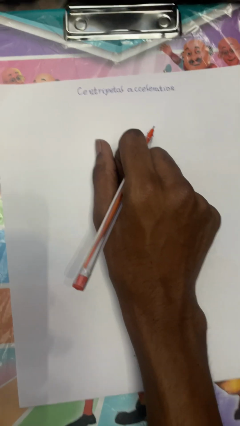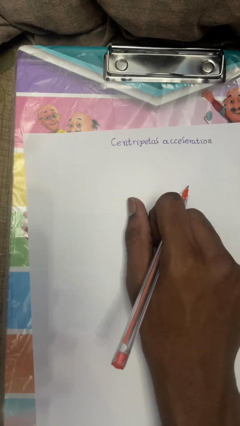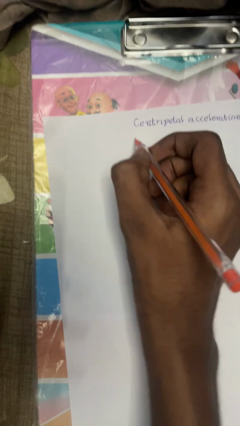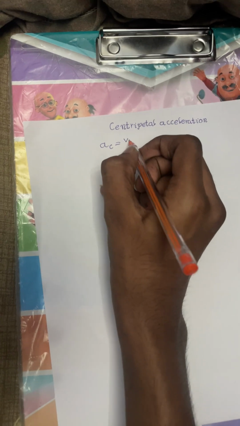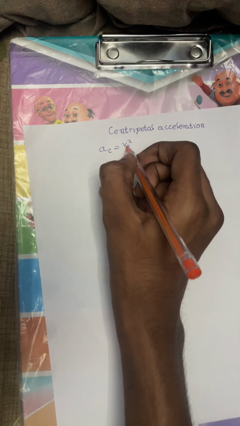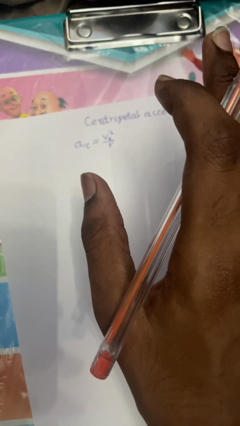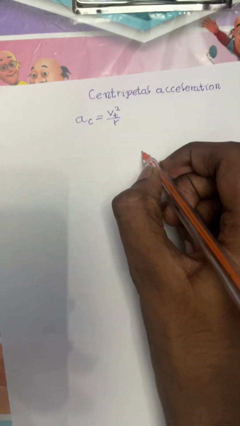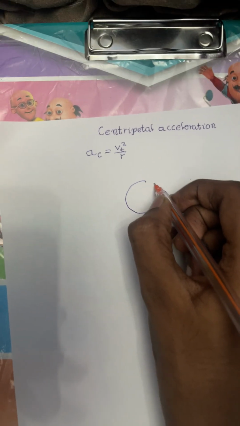Everyone, today we are going to derive the equation of centripetal acceleration, which is centripetal acceleration equals tangential velocity squared by r, a_c equals v_t squared by r. To derive this, at first we are going to consider the circular motion,